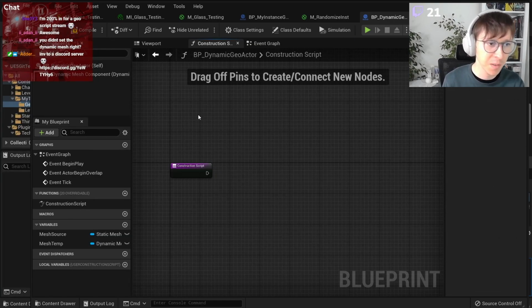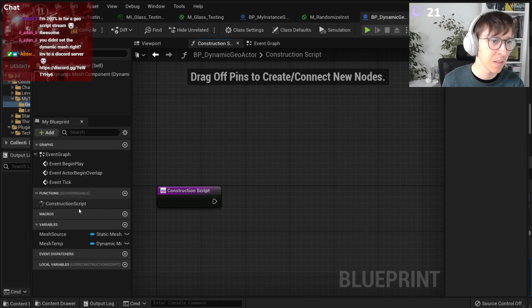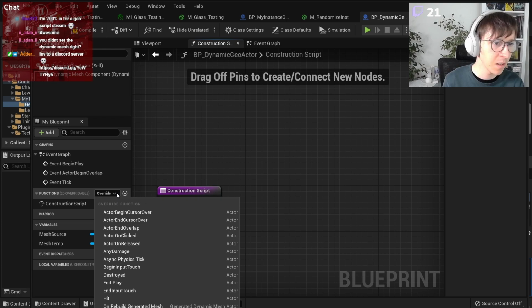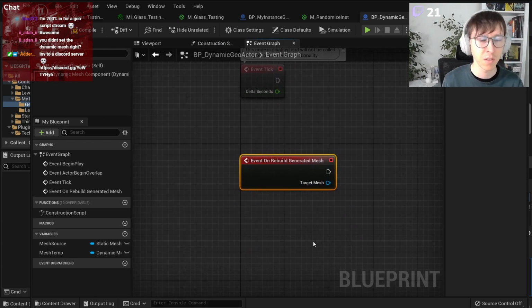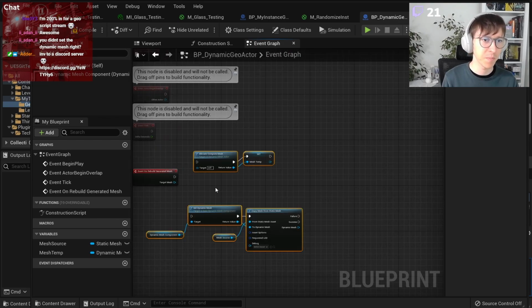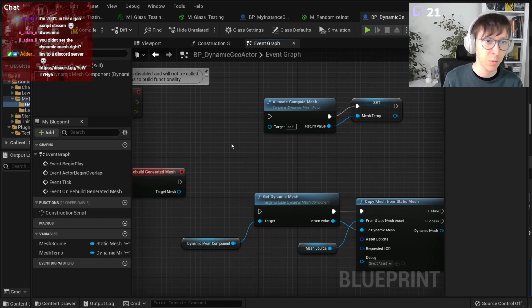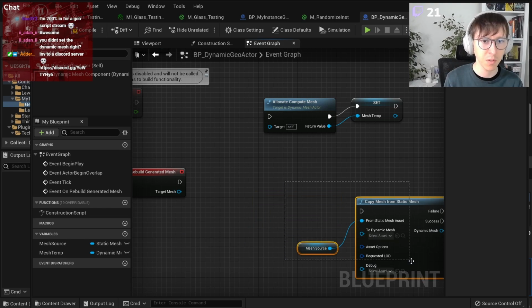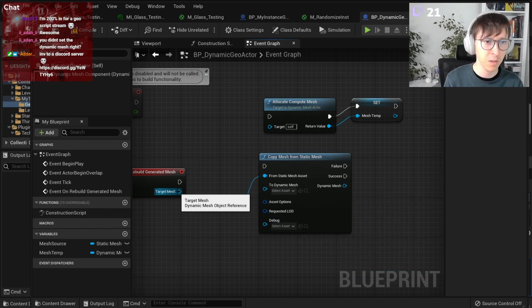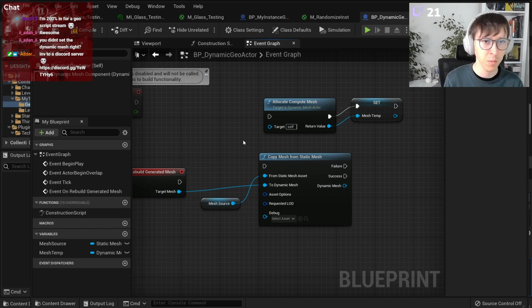It's not construction script. It's an event. So you go to functions, you click override, and override on rebuild generated mesh. That's where you do it. And you don't even need to get dynamic mesh because you already have it. Target mesh is here. You just do this,